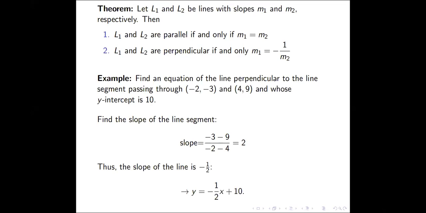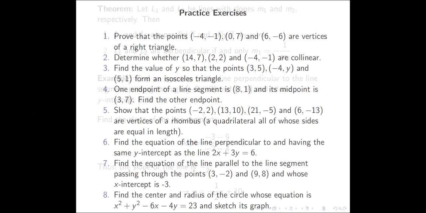So what is the equation of the line? You can use any form. So let's use mx plus b form. We have the slope -1/2, but of course, since we are directly given the y-intercept in the problem, no need to use point slope form. So mx plus b, this already is b, y-intercept. So mx plus b, y equals -1/2 x plus 10. Okay, that would be it for now.